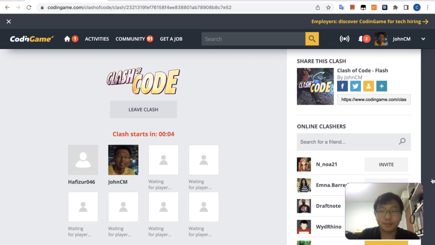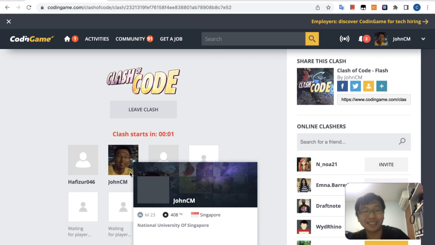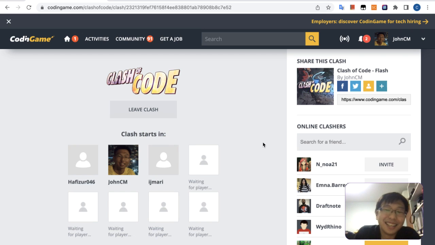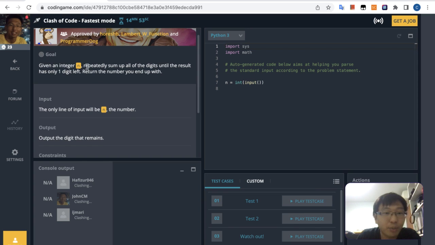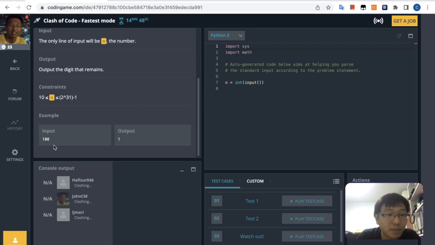Wow, it just started with two of us. Okay. All right. Fastest mode. Given an integer n, repeatedly sum up all the digits until the result has only one digit left. Okay, and then print the number you end with. Okay, sure. So basically what we can do is, while length of n, we should do string actually, greater than 1, for each in n,